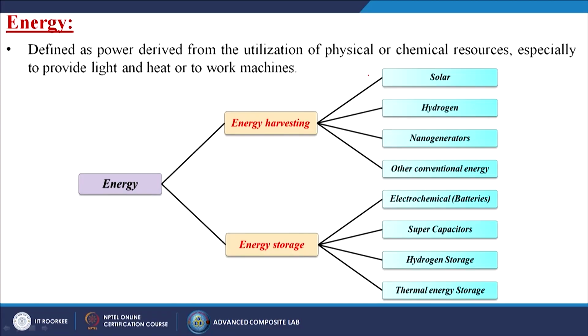Next are supercapacitors. Basically, a supercapacitor is nothing but an accumulation of energy. At a certain time I need a huge amount of energy, so I keep that energy in the supercapacitor and I can get that electricity from there. Next is hydrogen storage. It is also the same thing, as we know that in the future we can run our vehicles by storing hydrogen itself, that means we can use hydrogen as a fuel. Not only that, in spacecraft also people are trying to use hydrogen as a fuel.